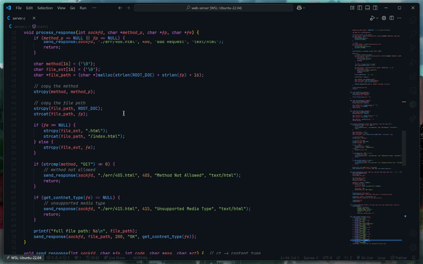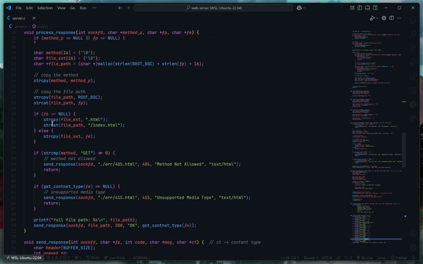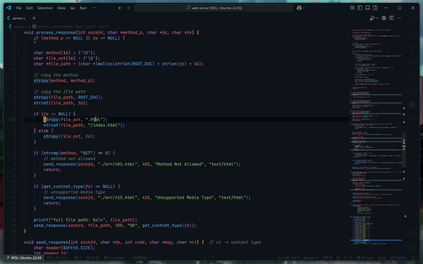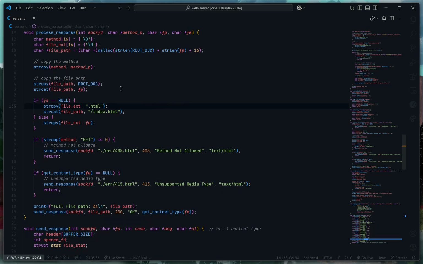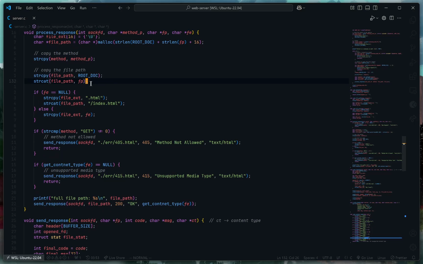If there isn't a file extension, then we assume that the provided file path is actually a directory path instead of pointing to a specific resource. So if it's a directory path, what the web server should do is return the index.html file inside that directory. So that's what we are doing over here. We are saying that the file extension is going to be .html, and we are concatenating index.html into the constructed file path. So if there isn't a file extension,